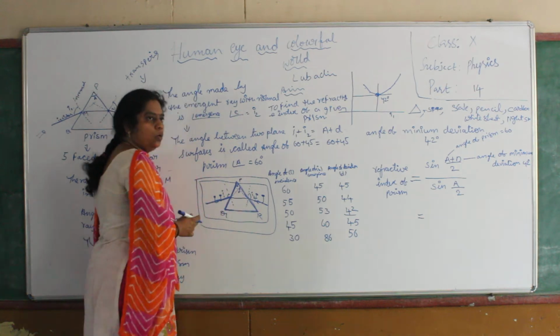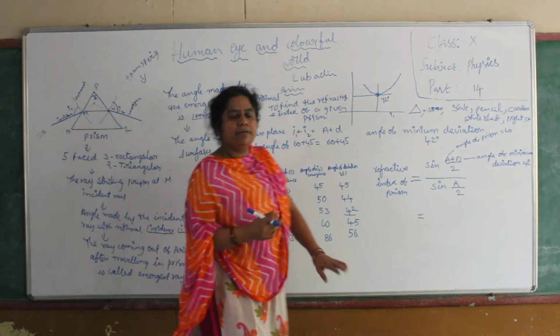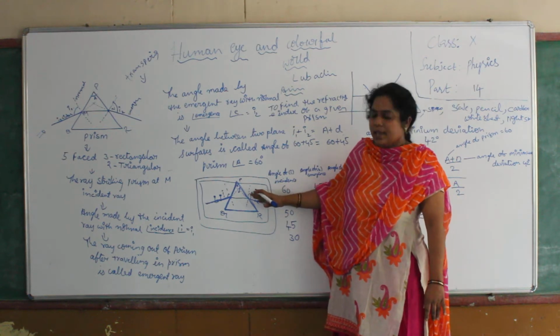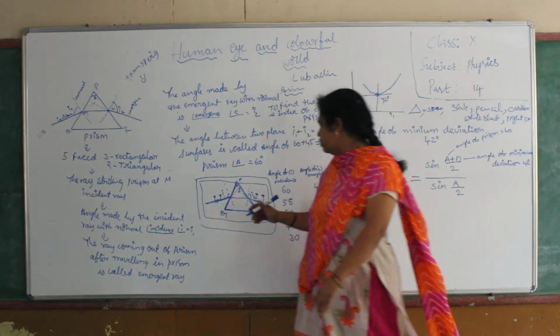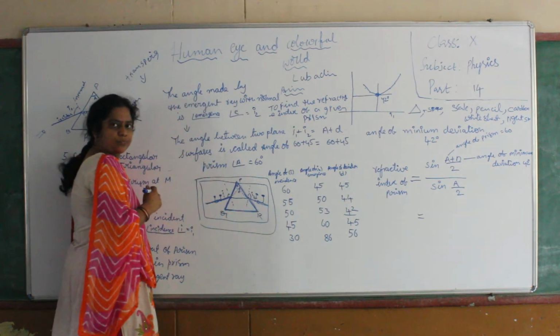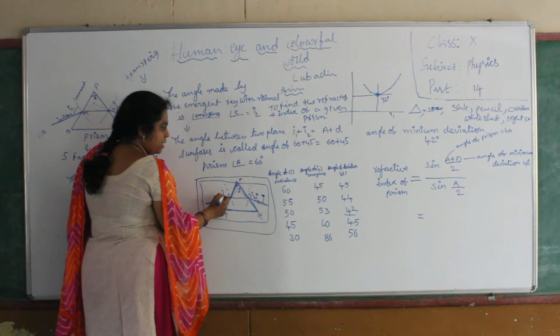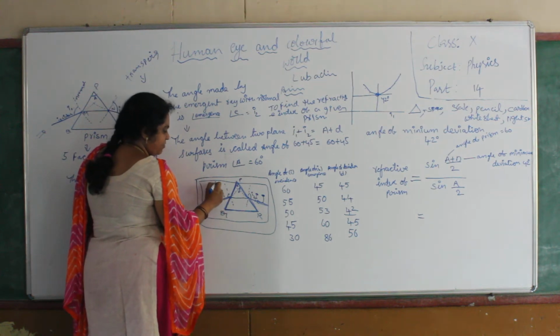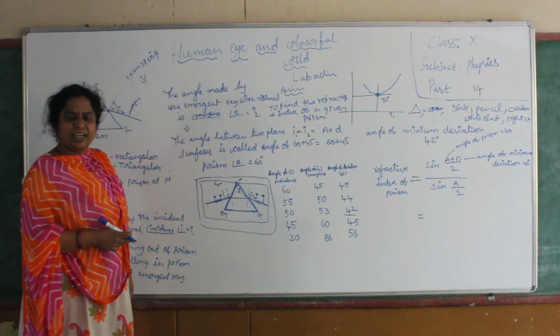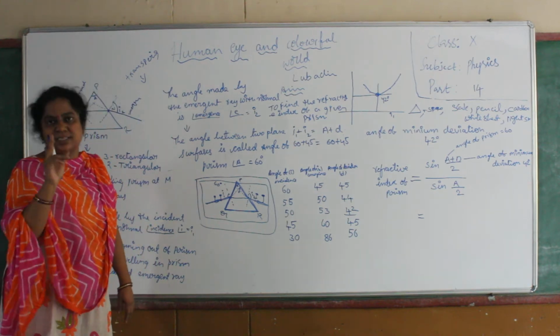Now, when you are saying all the four pins are in a straight line, after joining this line, try to join this. This will be your emergent ray, children. Here I made this angle 60. First initially I took angle 60. With the protractor, the incident angle I took is 60.